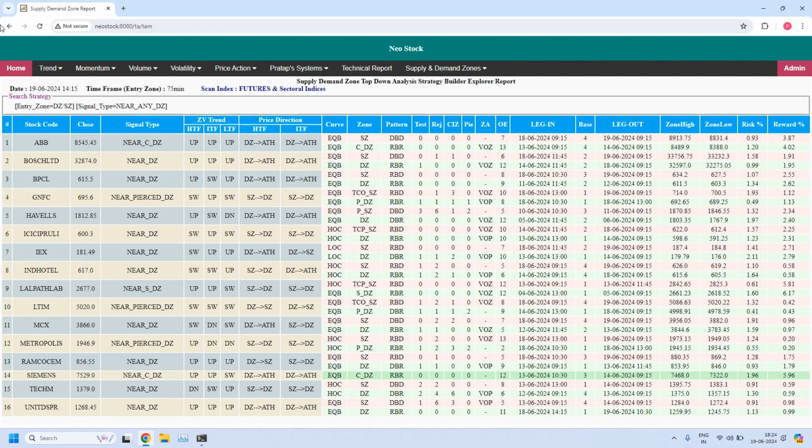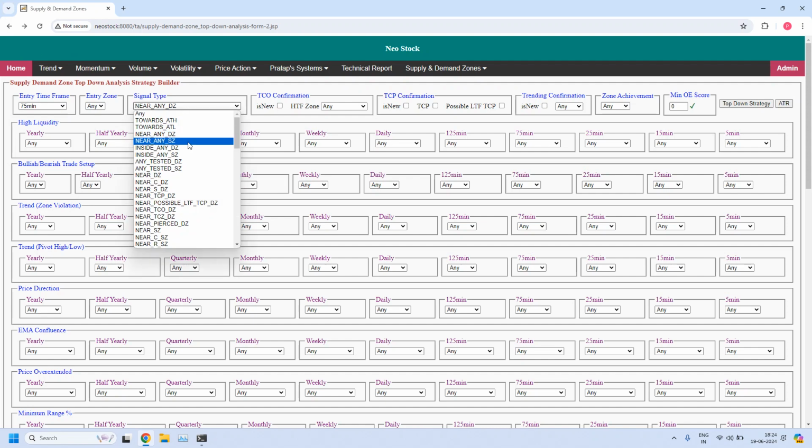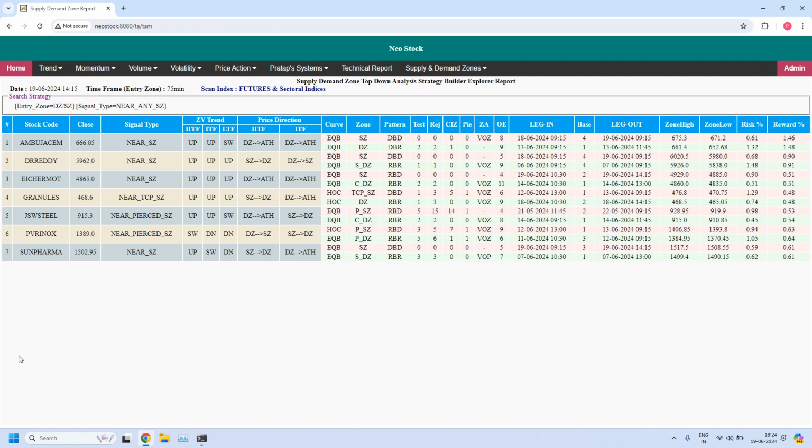Okay, let me generate the next report. I'm going back. For 75 minutes time frame, let us find the stocks near 75 minutes supply zone. 7 stocks are filtered. Let us identify the high liquidity zones. Granules is pierced, so this is not a valid high liquidity zone. So we don't have any high liquidity supply zones from this list. That means total we identified only 3 high liquidity zones, and those 3 are from 75 minutes high liquidity demand